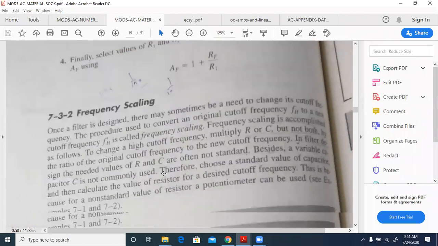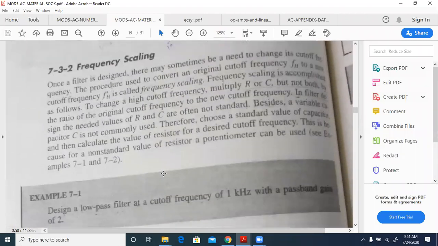Then we have frequency scaling. Frequency scaling is a process wherein we have designed for one frequency, but we want it for some other frequency, FH dash. We have designed for FH and we want the filter for FH dash, then we can apply frequency scaling. So in this case, either the R or C, not both, okay,